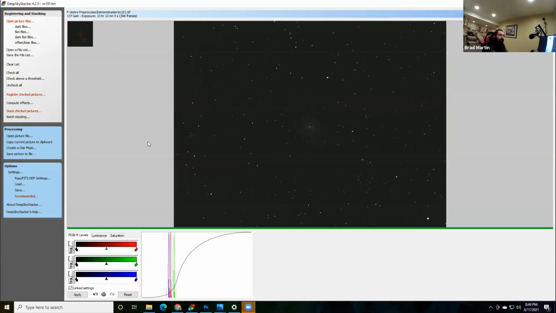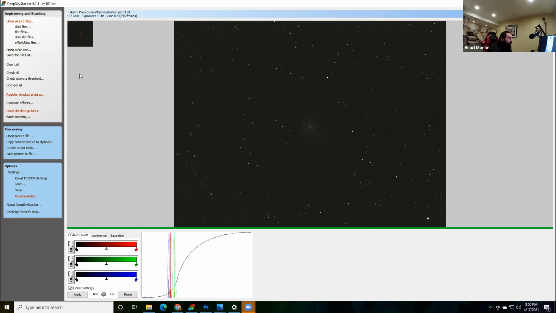Yes. Okay, so this is the stacked image. For the people that didn't see what I did before, I took a bunch of 2-minute exposures of a deep sky object, M101, the Pinwheel Galaxy, which is a really beautiful face-on spiral galaxy roughly twice as large as the Milky Way, but it's really far away, so it looks small. I stacked all these pictures in this program, which removes a lot of noise and amplifies the light signal.